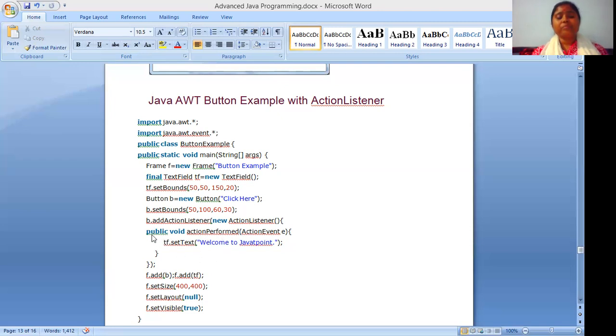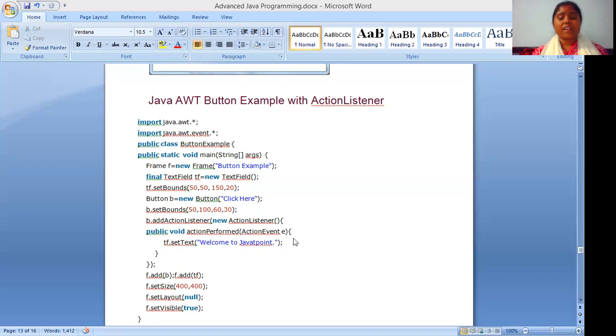So what is the statement to define this? You have to make the actionPerformed method. It is public type: public void actionPerformed. This is the method name. We are passing the argument, an ActionEvent object e.